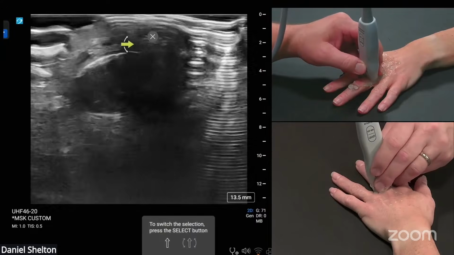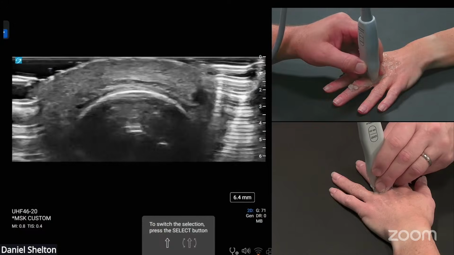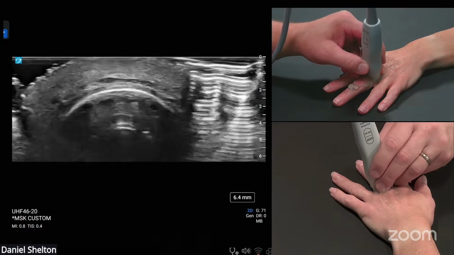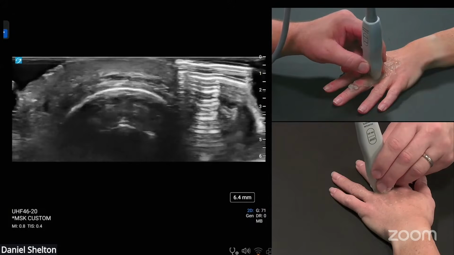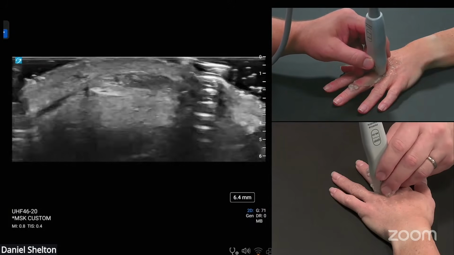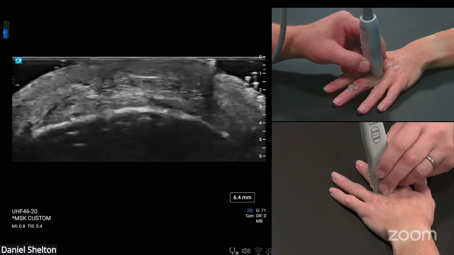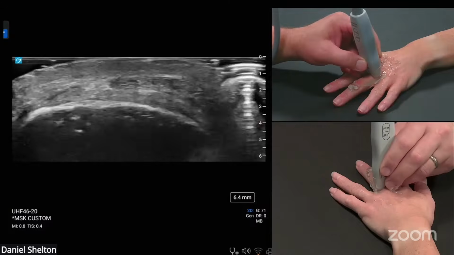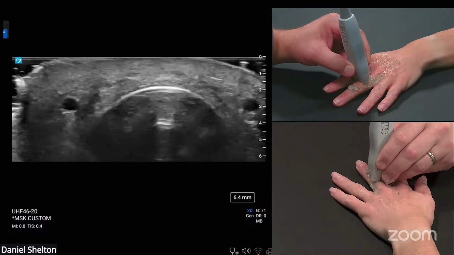But you can follow that extensor tendon, which is this oval. Let's go more shallow. There we go. Really, really nice. Nice flat extensor tendon. So distal, proximal, and then move into another zone. Distal, proximal, and just pick one structure and then just kind of vet it out with the beam. Because here you can even see the extensor